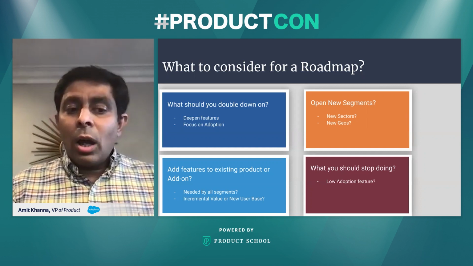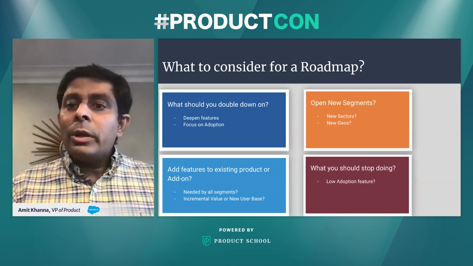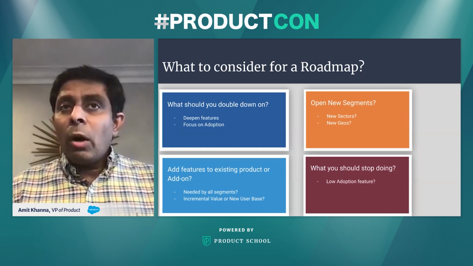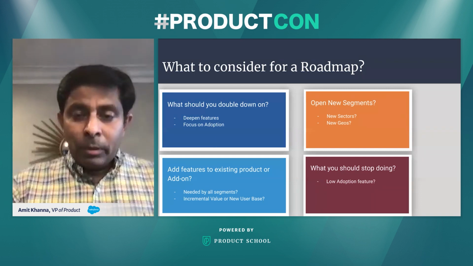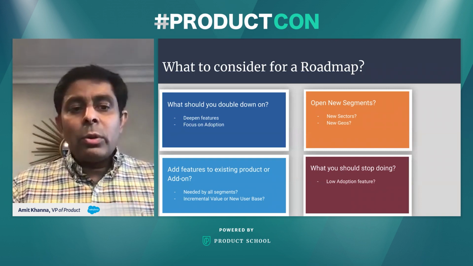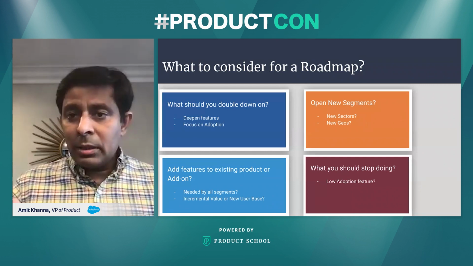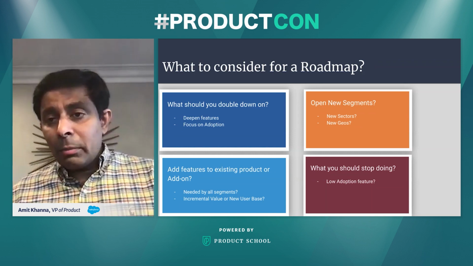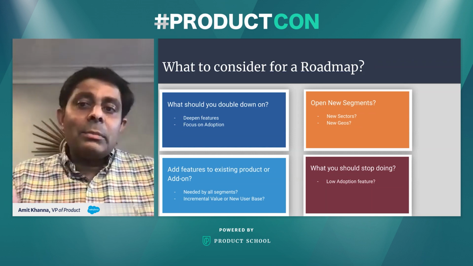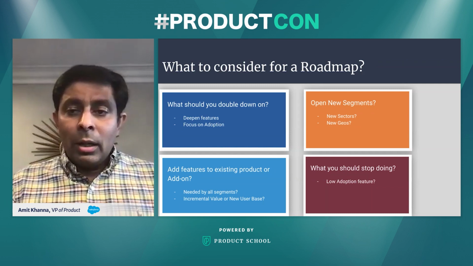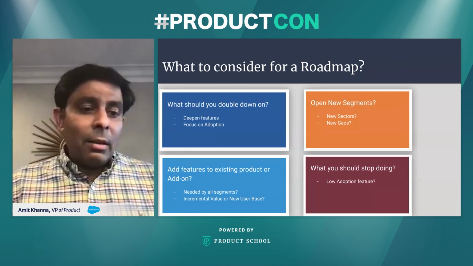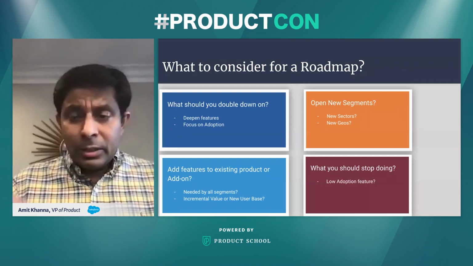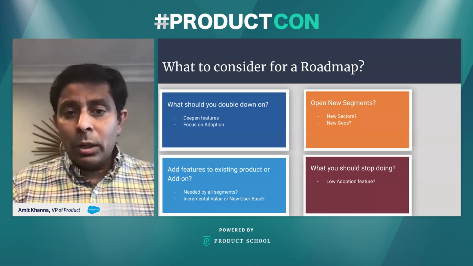The next question you have to ask is, as you build those features, are you going to enhance that existing product that you have as a base product, or will you offer it as an add-on premium feature? To decide that, you might want to think, is this feature needed by all segments that I'm serving? Is it an incremental value for a net new customer base, or is it perceived that customers expect that value to be there in the product? An example could be, we see these days base version, premium version, and you see those add-ons being given to you in the consumer world. And the same thing happens in an enterprise world.